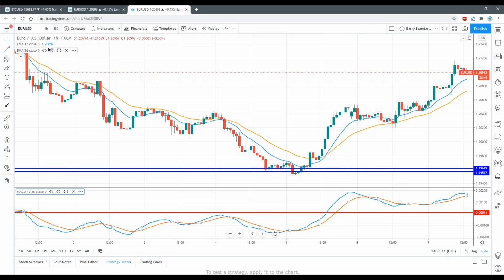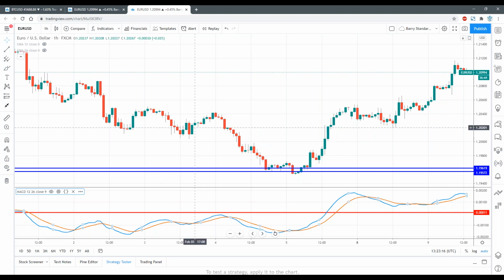So at this point, we no longer need the moving averages on our price chart because they're irrelevant to everybody and everything. They just make a mess. So all of that information is contained below. Now, the theory of MACD is when the MACD line, which is the blue line, and the trigger line, which is the gold line, cross each other, they generate buy and sell signals.